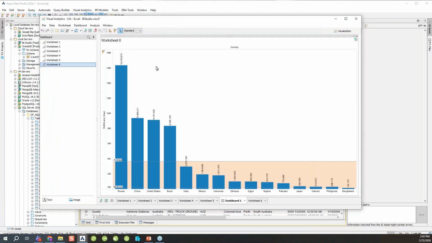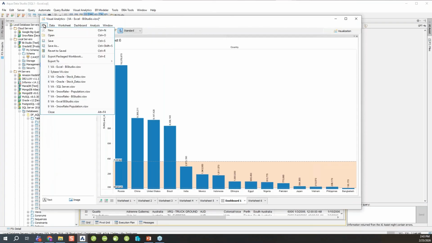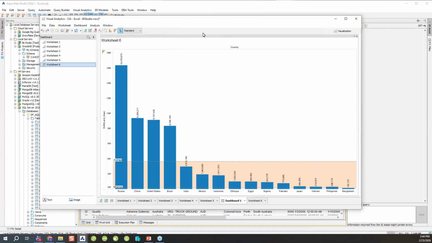And then this is where you can actually go into your data and you can do refreshes. You can go into your file and export it out into a PDF or an HTML. But the beautiful thing about it is if there are charts that you continue to use over and over again, like something that's run weekly, monthly, quarterly, you can build the chart, you can save this chart over into your